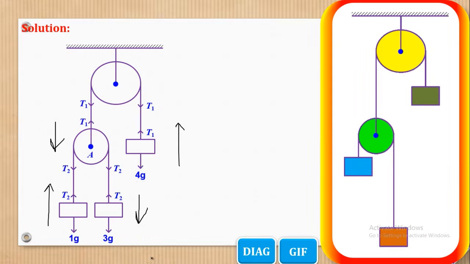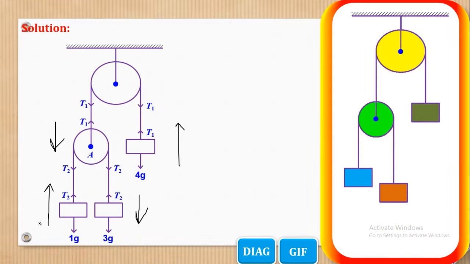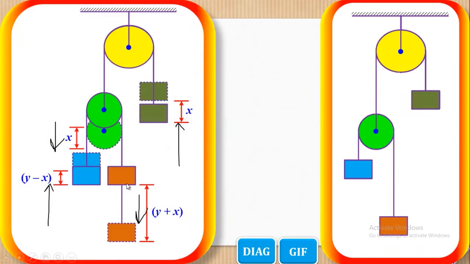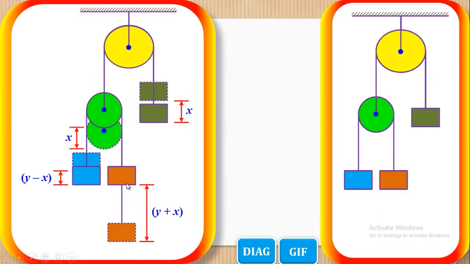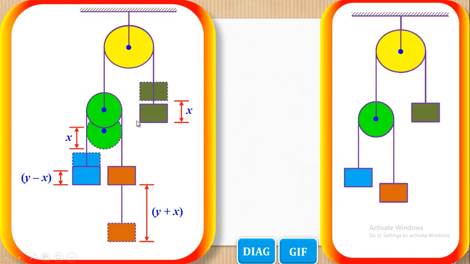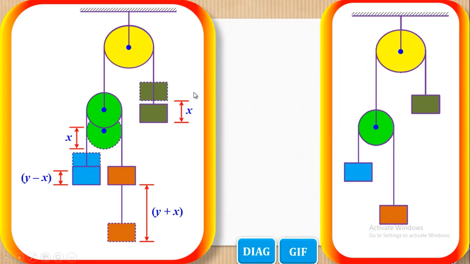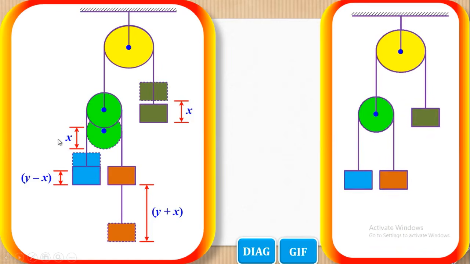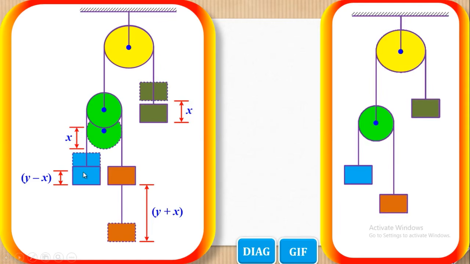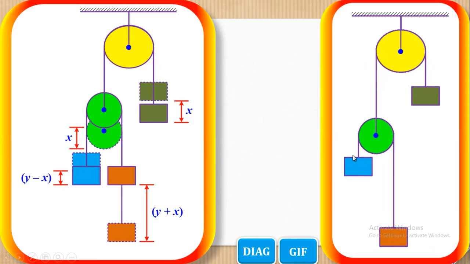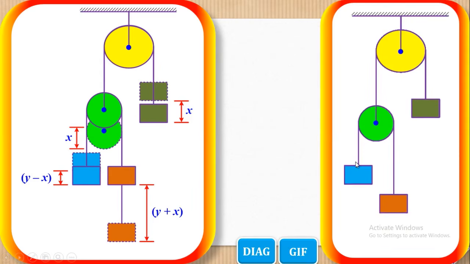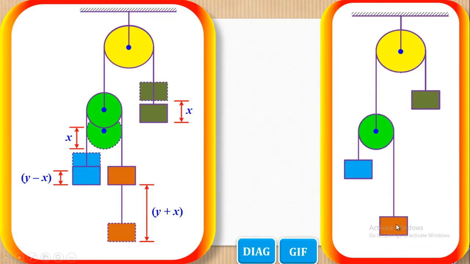Okay, so now how do you know the accelerations? For you to know the accelerations, you have to first find out what distance each mass moves. If you look at this simulation, after a certain time t, if this one moves the distance x upwards, it means that this movable pulley will also move a distance x downwards. Now if this one alone moves the distance y upwards and this one moves the distance y downwards, it implies that